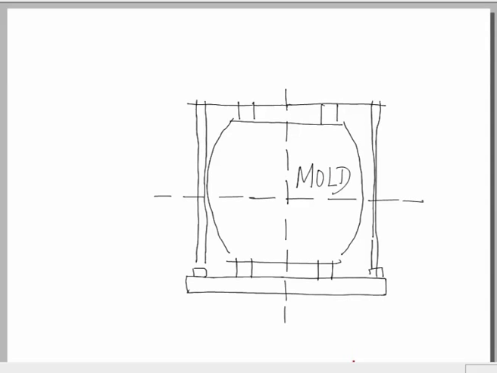As it has already been mentioned, it is a closed split mold that can be opened into 2 parts to take out the final product, and we have the 2 axes, the vertical and the horizontal. So, we have a vertical axis and a horizontal axis, and the mold is rotated about these two axes.